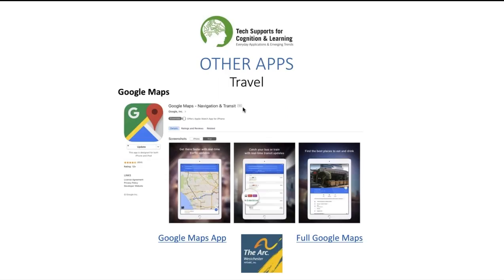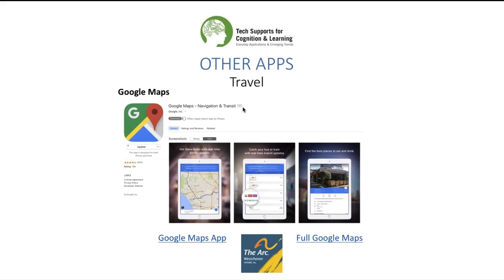And then we have Google Maps, a fantastic program. It allows you on your iPhone or on your tablet to get to places by bus, by walking, by car, and it's very hard to get lost from this app. I just used it in Boston a couple of weeks ago when I couldn't figure out my way around the city, and it was wonderful. Plus, it gives you voice input. So you could just say to Google, what's the nearest pizza parlor? Maybe that's not a good thing to teach somebody, but it'll show you the location of the